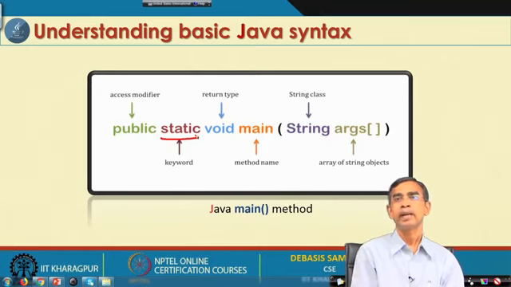Whereas, in the main class, we usually do not create any object of this class, and without creating any object of this class, we want to access the method which is defined in it. So, that is why if you declare it static, then object creation is not necessary.